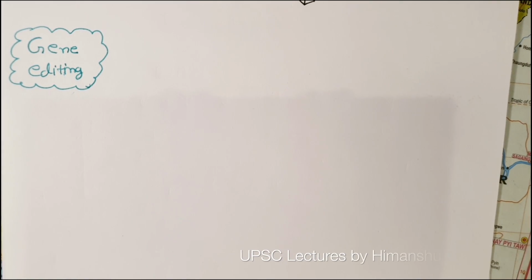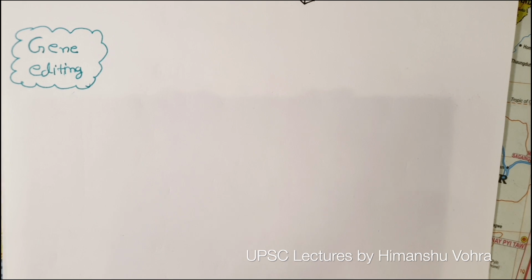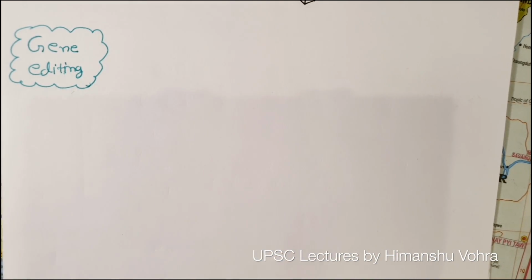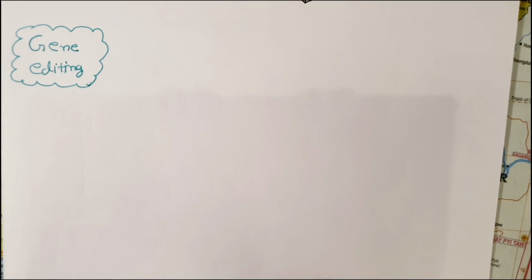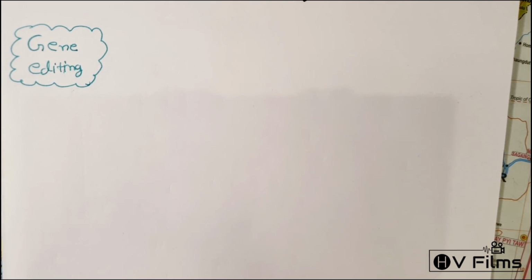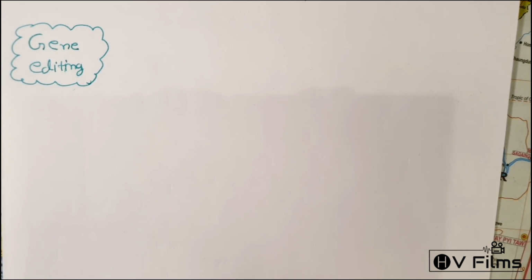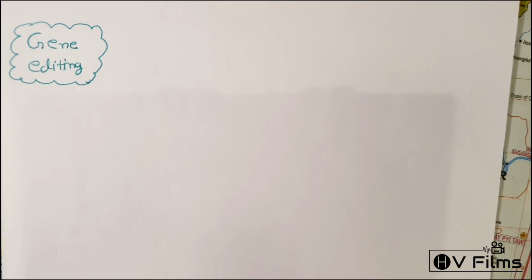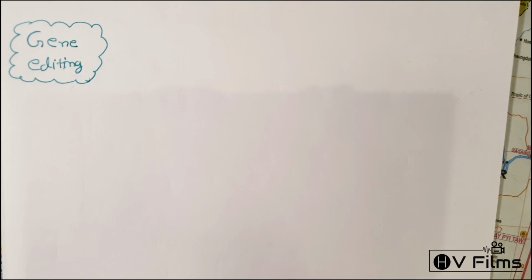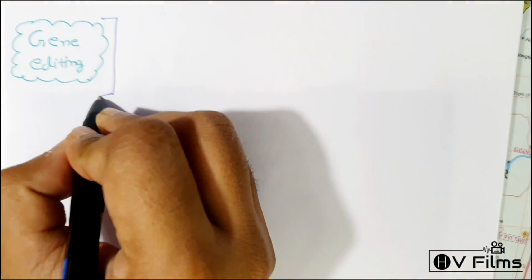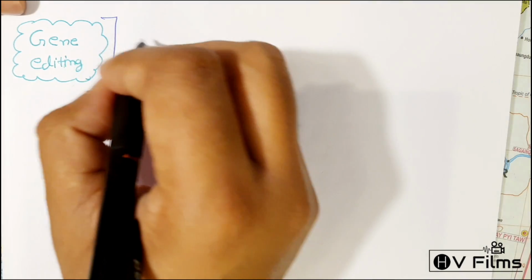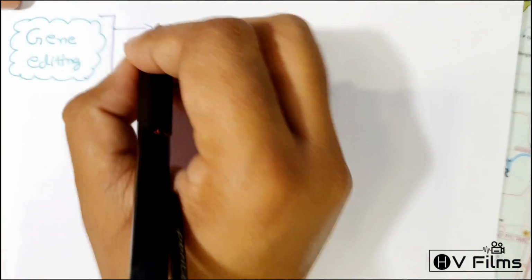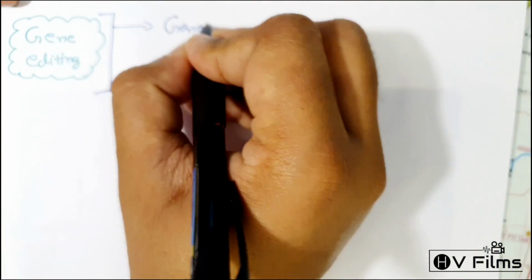Gene editing is the process of disabling faulty genes and correcting harmful mutations by inserting a missing gene or changing the activity of specific genes in a living organism. So this is what generally happens in gene editing. Because of this, it has multiple applications, like it helps in treating genetic disorders,